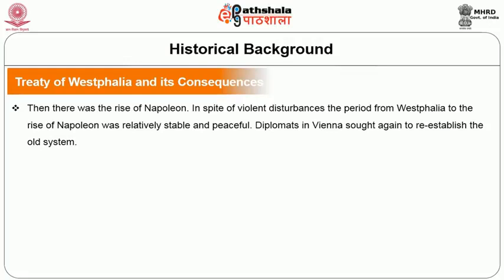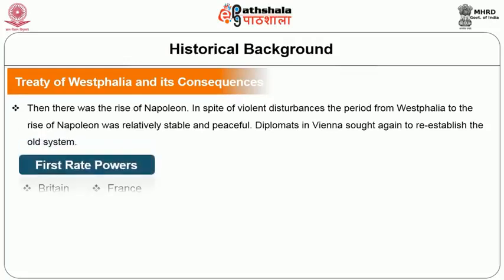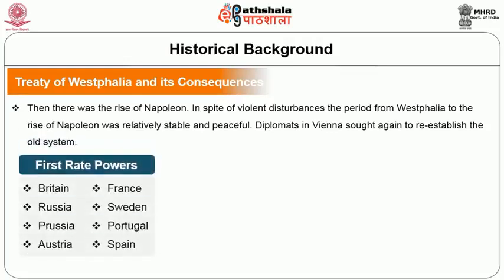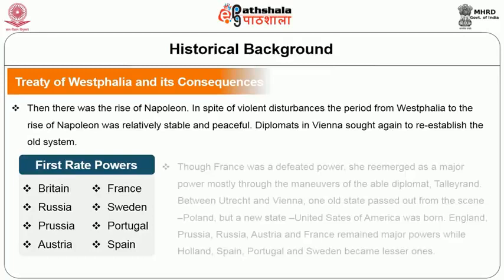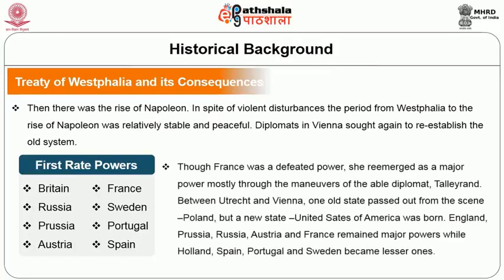Diplomats in Vienna sought again to re-establish the old system. At this time, 8 states were considered as first-rate powers. These were Britain, Russia, Prussia, Austria, France, Sweden, Portugal and Spain. Though France was a defeated power, she re-emerged as a powerful body, mostly through the maneuvers of an able diplomat,